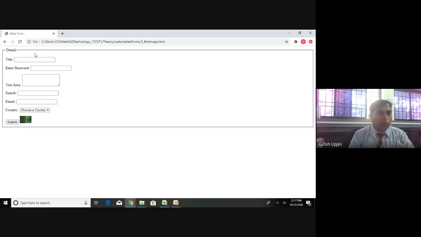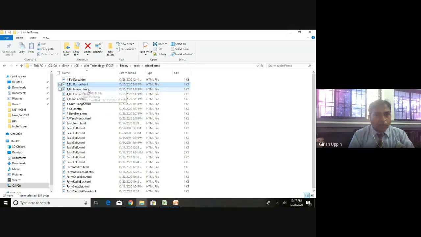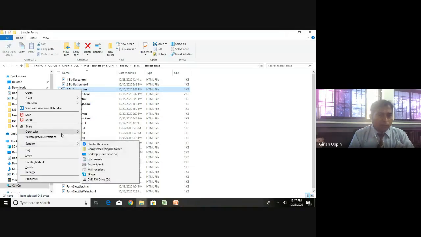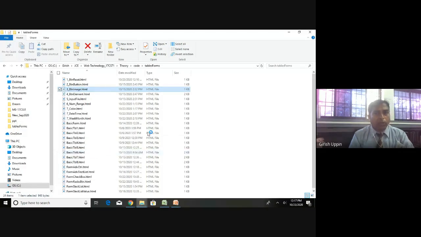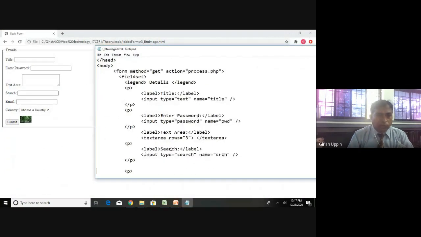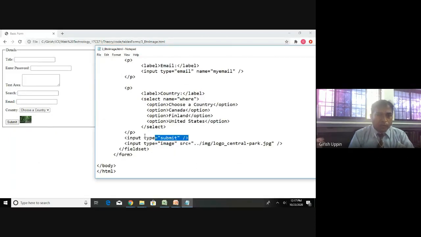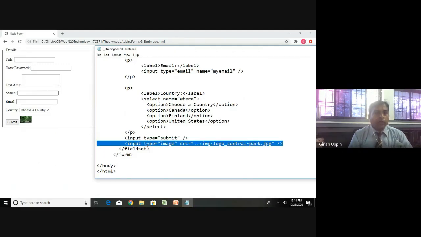And this also, you have to write some actions for that. By default there is nothing included. Whatever action you want to take on the click of the button, you have to specify that action. The rest of the form is exactly the same. If I go to the end, first one is the submit button. This is the submit button. Besides that, I have the next button. So for the next button, what I am giving, type is equal to image, and src is equal to the location of the image you want to display. This is the location from where it will get the image.